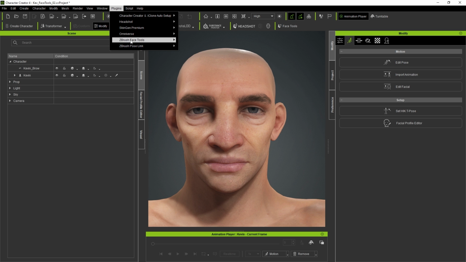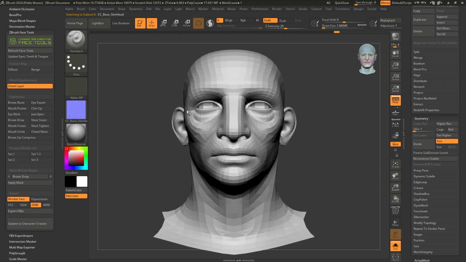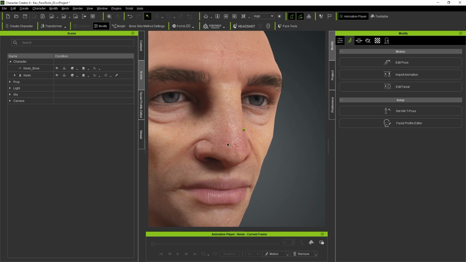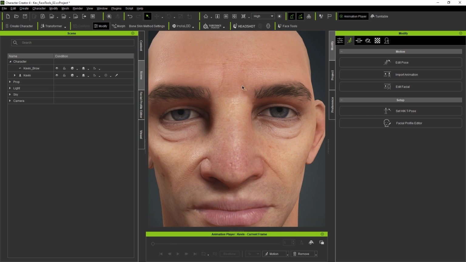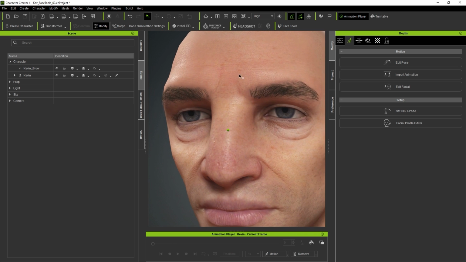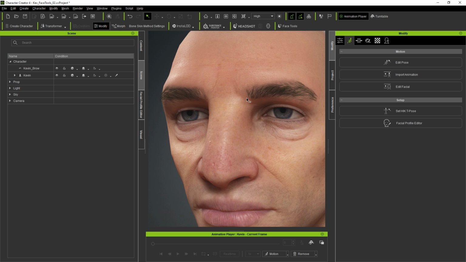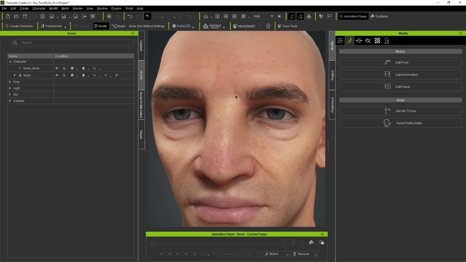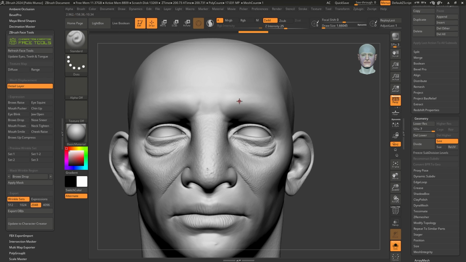You can go to plugins, ZBrush Face Tools, send it to ZBrush, and in ZBrush, you can just go ahead and do the edits that you want to the mesh. One of the cool things about this process as well is that you can send it back to CC4 and double check and say, okay, this is kind of cool. It's kind of working, but maybe I want something a bit more pronounced in this area. So the one that I did in ZBrush is not very obvious around here. So I might want to do something more extreme. So you don't have to send back and forth everything. You can just go back to ZBrush, go to the project that you're working on.